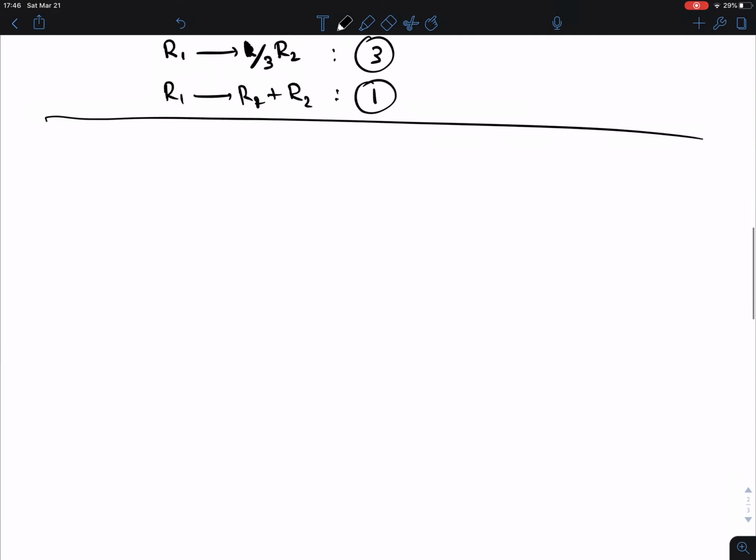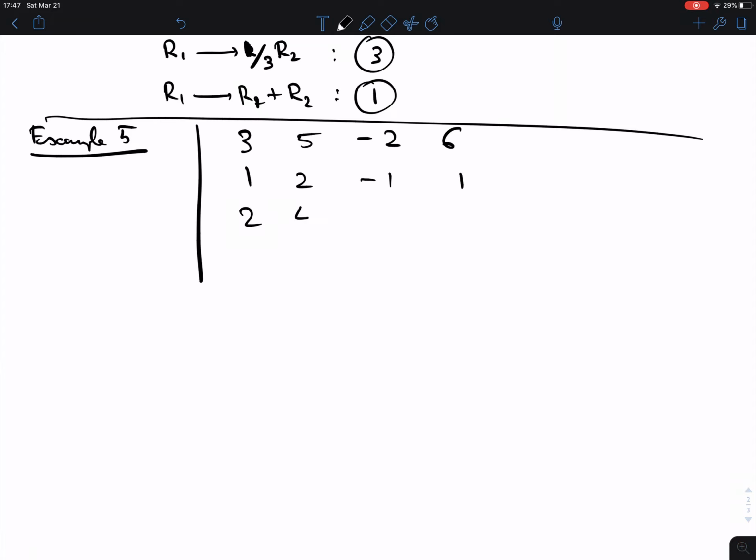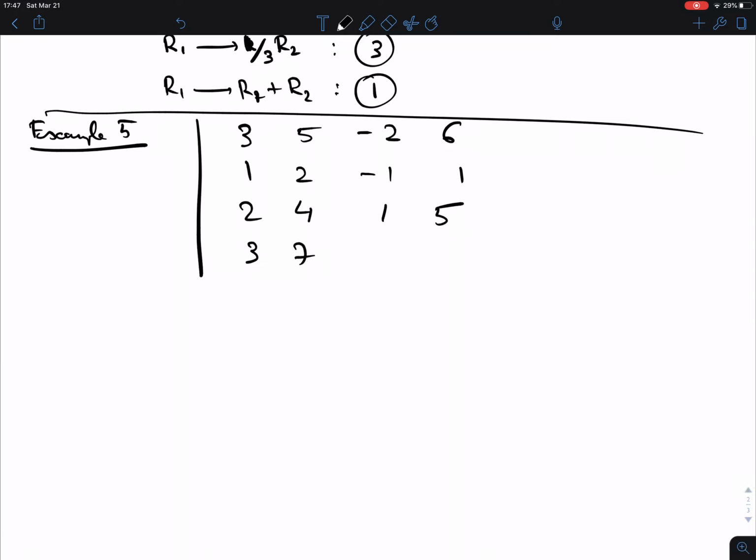Okay, here's the next one. I'll do a 4 by 4 because that works too. And moreover, once you get the hang of this, you can actually go much quicker. Okay, I'll do this one here. Yes, this one here. This is example 5 in the book. Calculate the determinant 3, 5, -2, 6, 1, 2, -1, 1, 2, 4, 1, 5, 3, 7, 5,